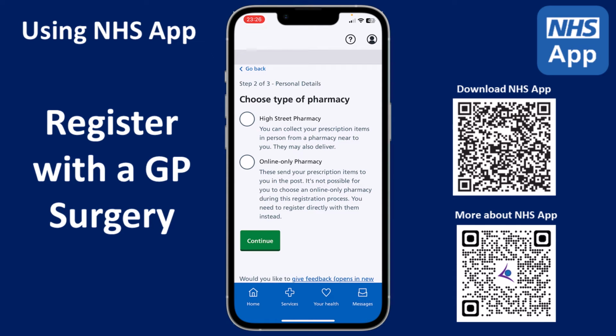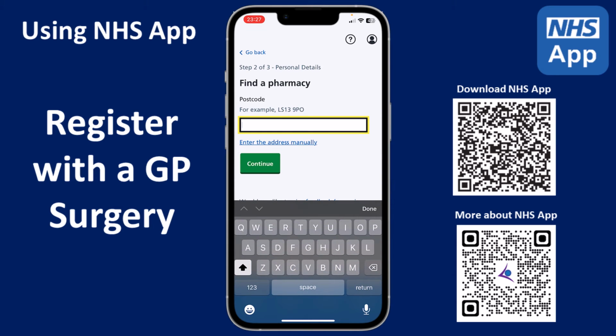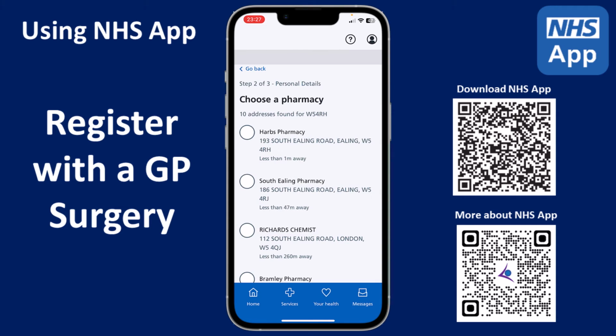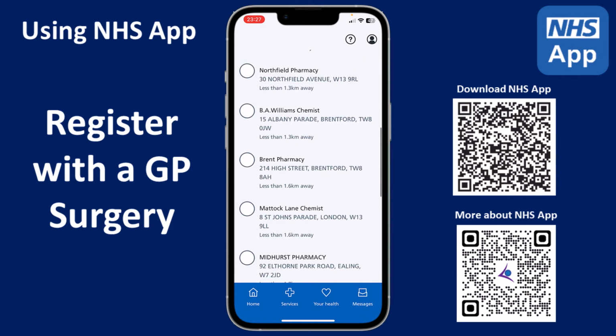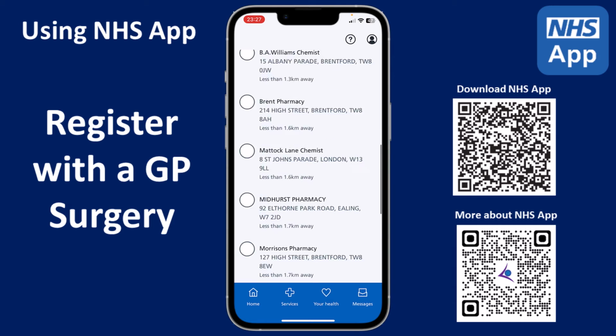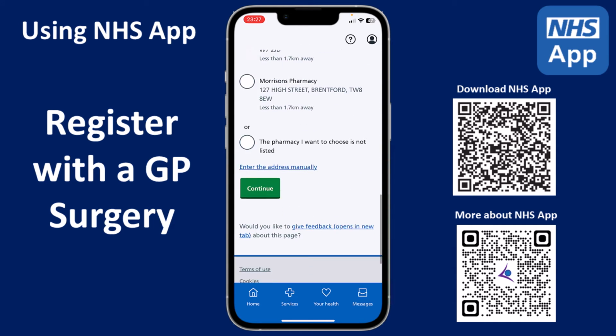It's asking to choose a type of pharmacy. So we've got a high street pharmacy or an online only pharmacy. I'm going to select High Street Pharmacy and tap on Continue. Now it's asking us to give a postcode to find a pharmacy. So I'm going to use the same postcode I used before and tap on Continue. And we now have a list of pharmacies with the closest one to the postcode listed first. So I'm going to go back to top and pick that first one,